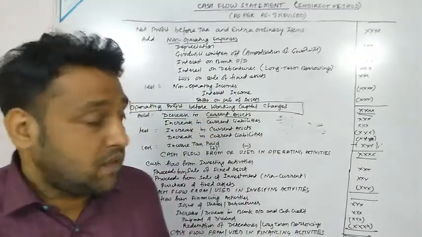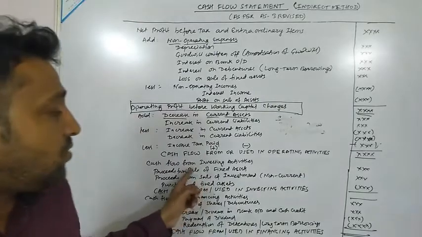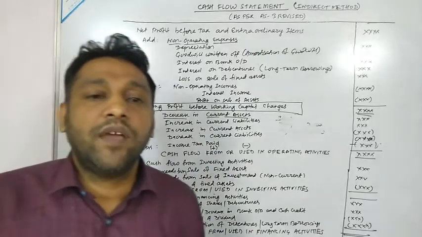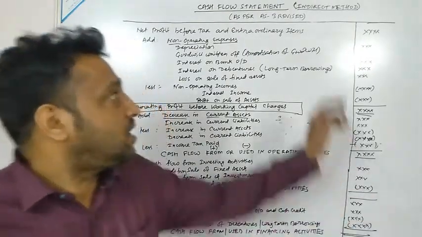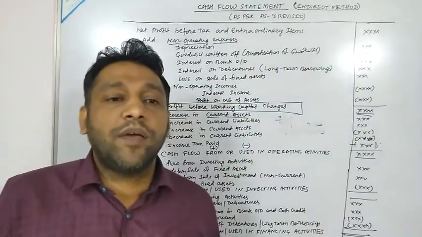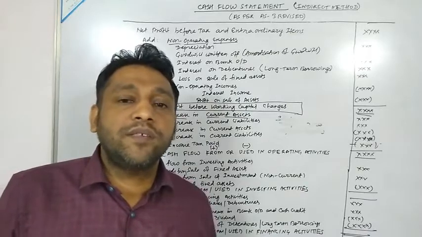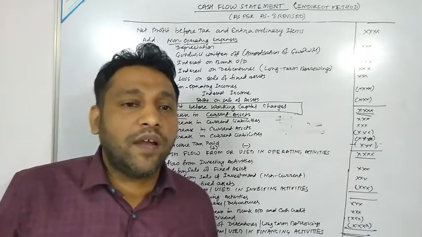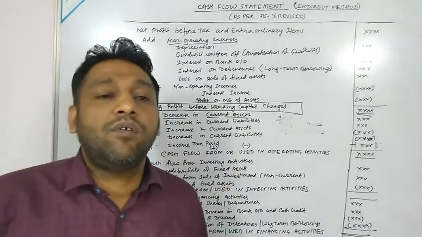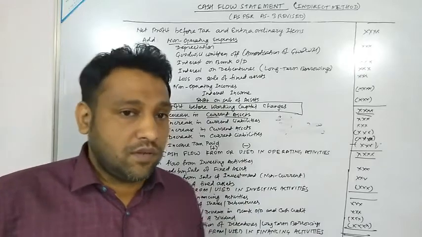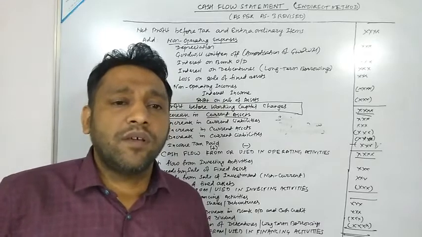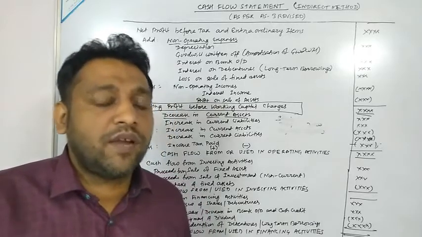Now the next is your cash flow from investing activities. As we have read in the cash flow statement, we are required to prepare it as per Accounting Standard 3 revised. That means we are required to prepare all three activities: operating activities, investing activities and financing activities. Now in case of investing activities, we have to consider what? Only the fixed assets. Sometimes additional information would be given, so we are required to prepare the working note for fixed assets account. That we will see later.